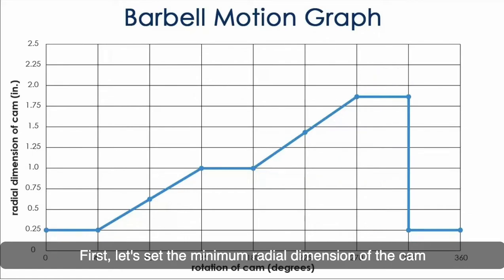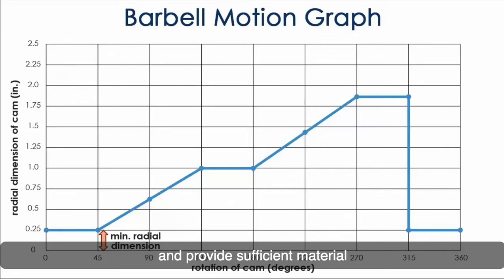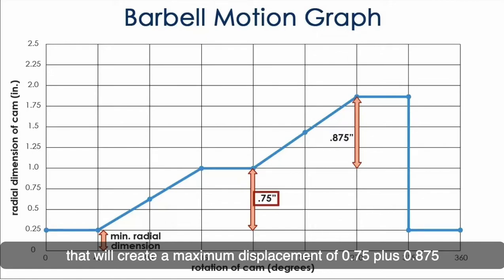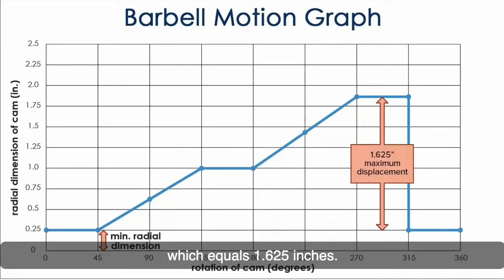First, let's set the minimum radial dimension of the cam to 1/4 inch to allow for the hole of the axle and provide sufficient material to avoid breaking the cam through the hole. Let's assume that we will displace the barbell in the automata 0.75 inches to waist height, and then another 0.875 inches to a position above the head of the automata weightlifter. So we want to design a cam that will create a maximum displacement of 0.75 plus 0.875, which equals 1.625